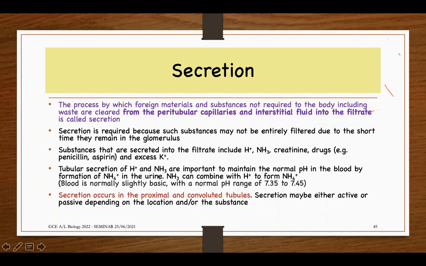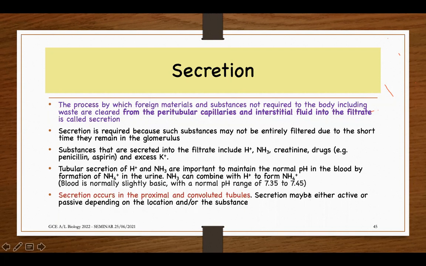Then, substances that are secreted into the filtrate. Now you have to know the substances that are secreted: H+, ammonia, creatinine, drugs like penicillin or aspirin, and excess K+ are secreted, removed from the body. Tubular secretion of H+ and ammonia is important to maintain the normal pH in the blood by forming ammonium. Because blood pH is slightly basic. It's about 7.4,